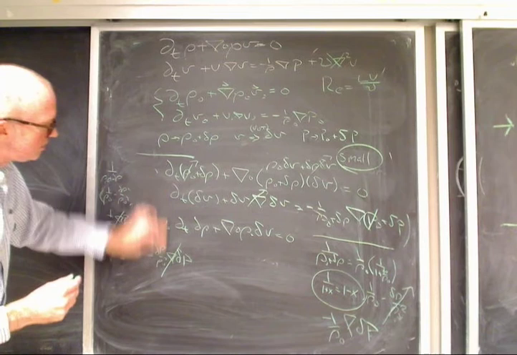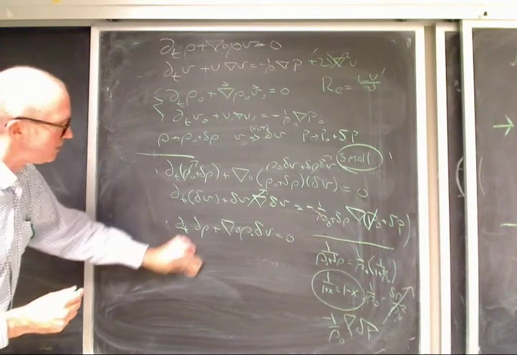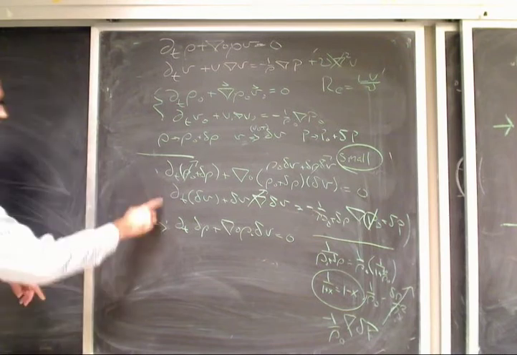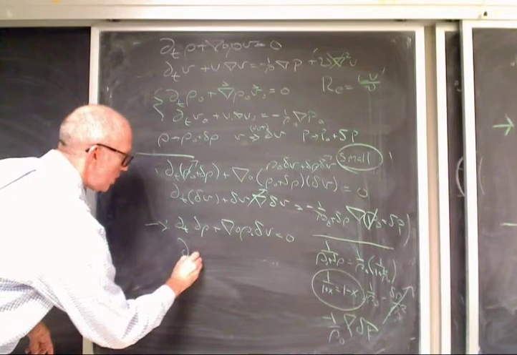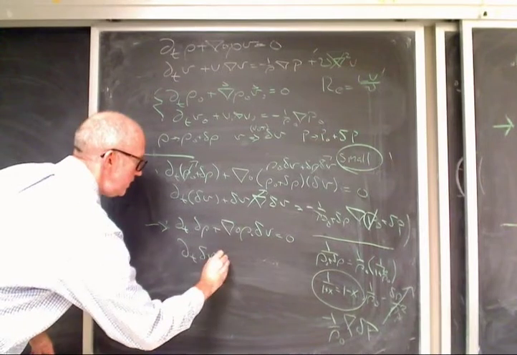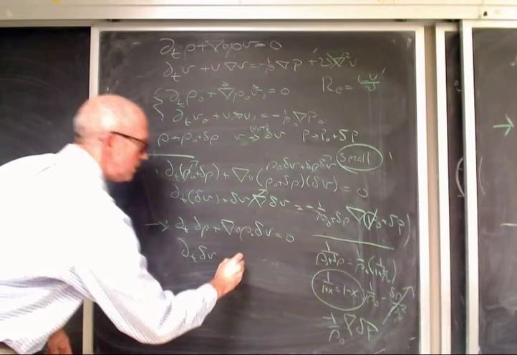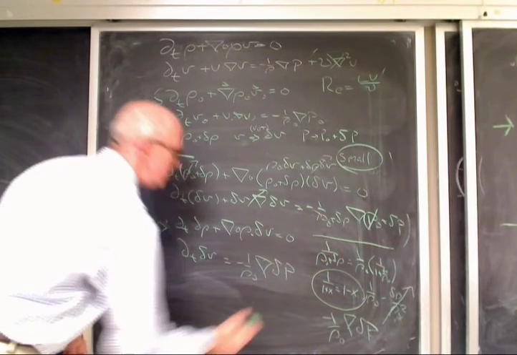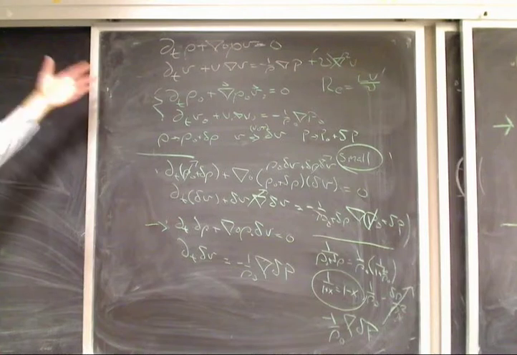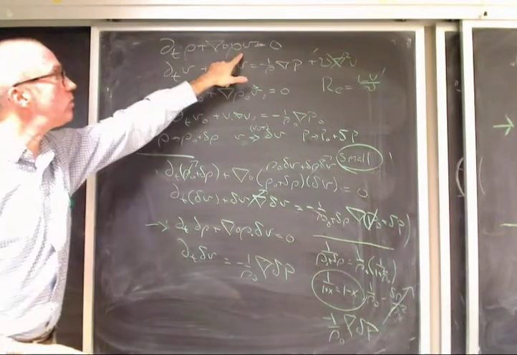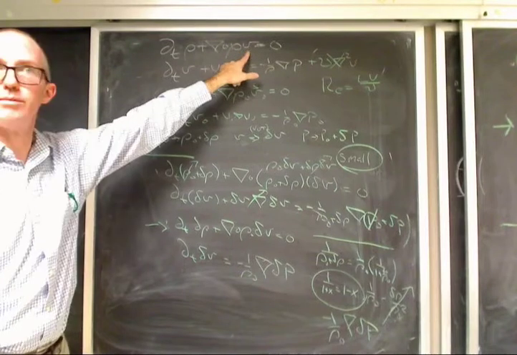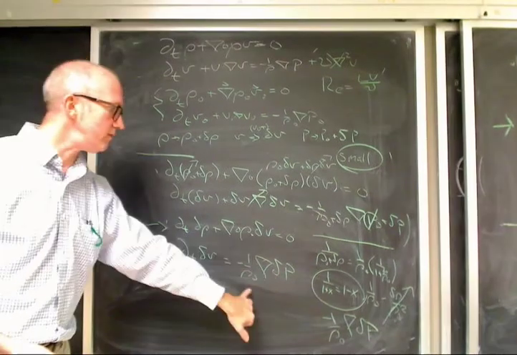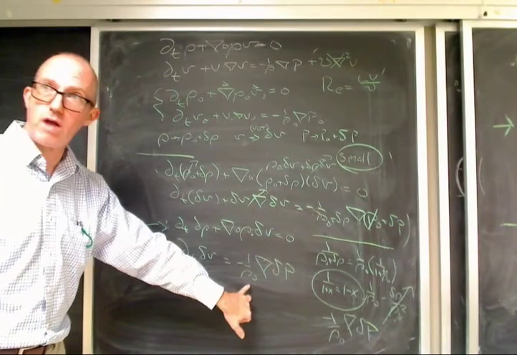I'm going to clean this up just for clarity. Okay. So here's our first linearized equation, and then linearizing this equation, we're left with partial t of delta v equals, this term's gone, minus 1 over rho naught grad delta p. Okay, so these equations look pretty similar to the beginning ones, but we don't have anything where I've got an interesting variable times an interesting variable. This is all interesting variable by itself. Rho naught is not an interesting variable. It's a constant.